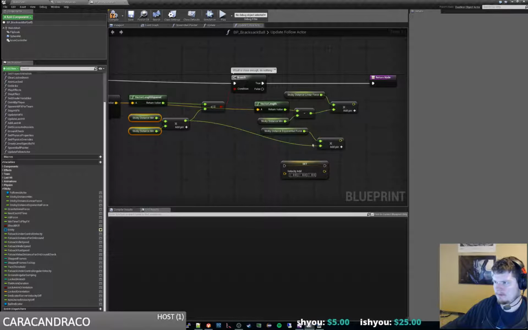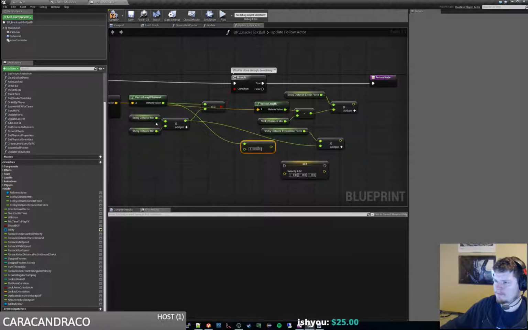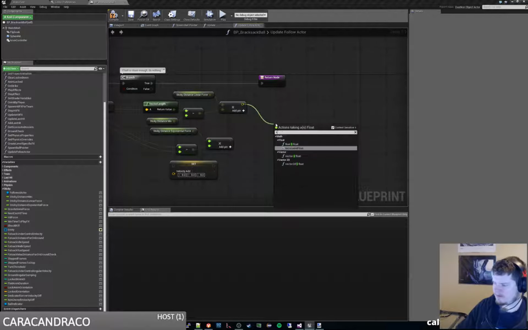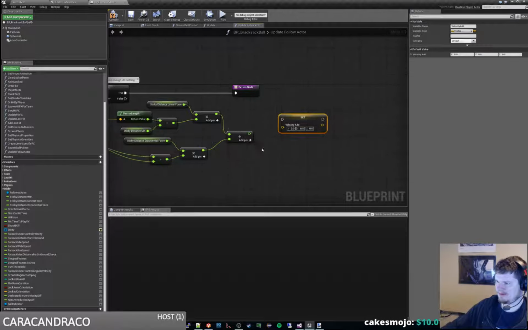But we need to subtract the difference. So it'll look like that. We then need to add these two numbers together. And I don't really like flow graph for adding crap together like this. It's just kind of